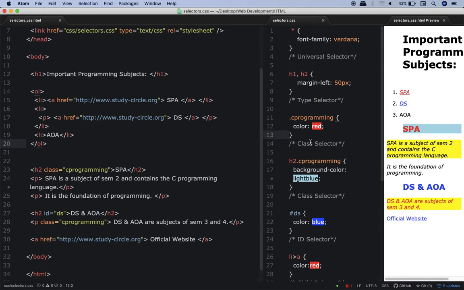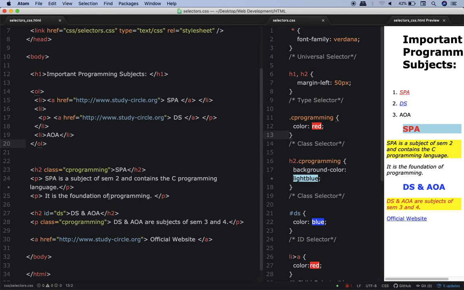So what it will do is, it will give the color red to that particular HTML element whose class is C programming. Look over here, line number 23 and line number 28, they have class equal to C programming, and that's why they are in red color.